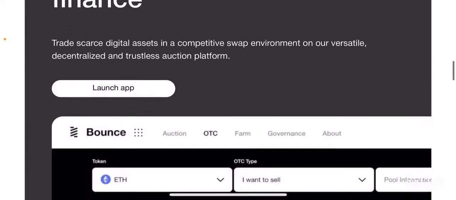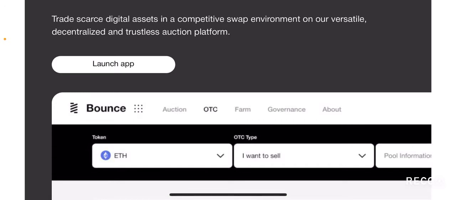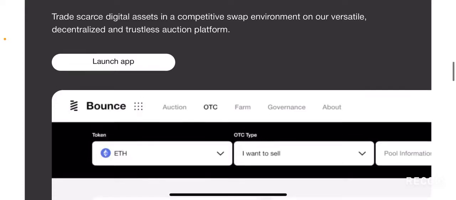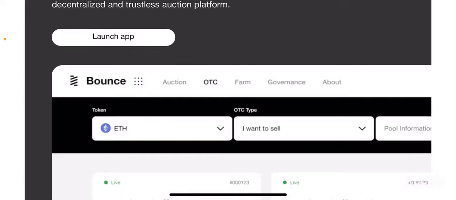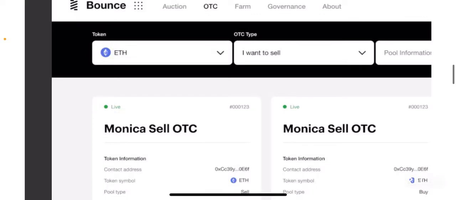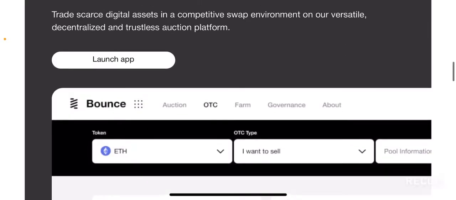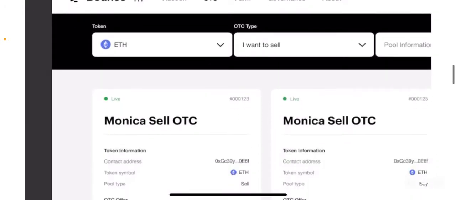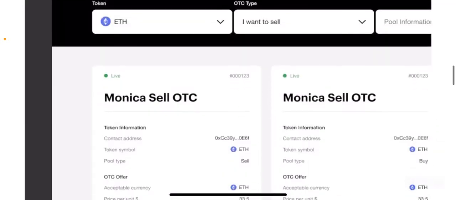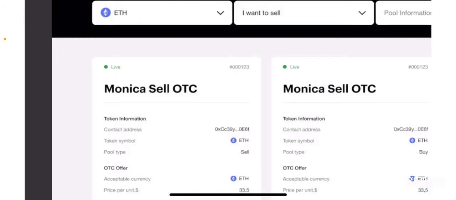Bounce Auction: unlock the potential of open finance. Trade scarce digital assets in a competitive swap environment on our versatile, decentralized, and trustless auction platform. So again, if you click the launch app button, you can clearly see this layout here where you can participate in competitive swap environments, which allows you to trade scarce digital assets, and they have a pretty cool user-friendly platform that allows you to do the same thing, right?